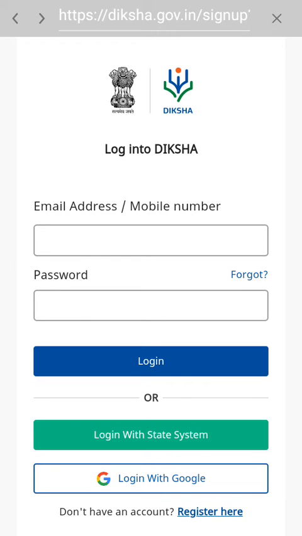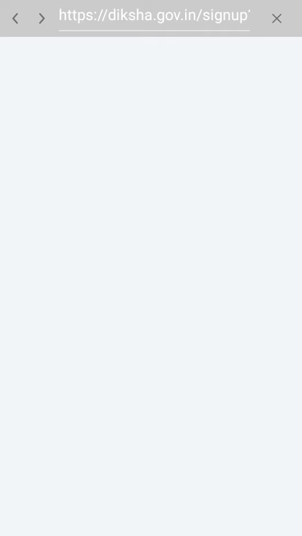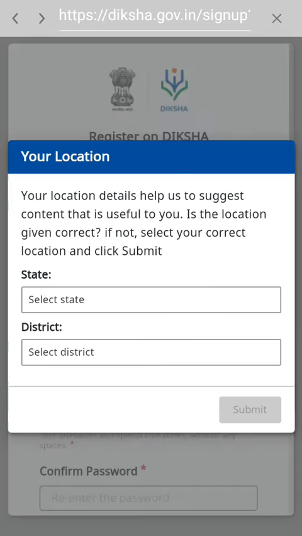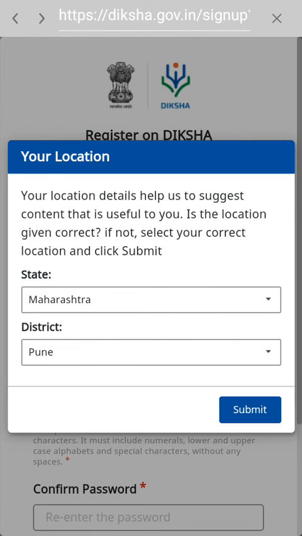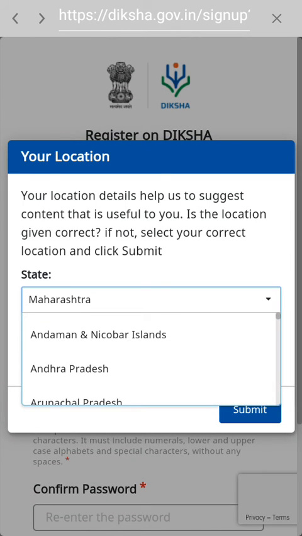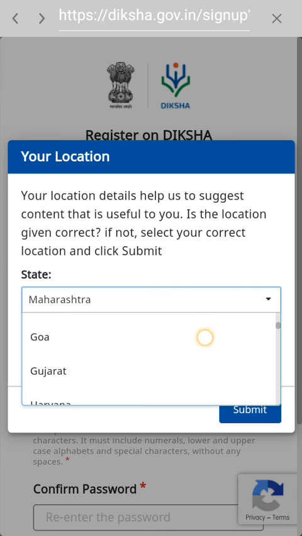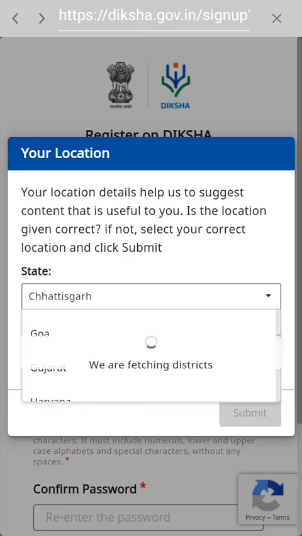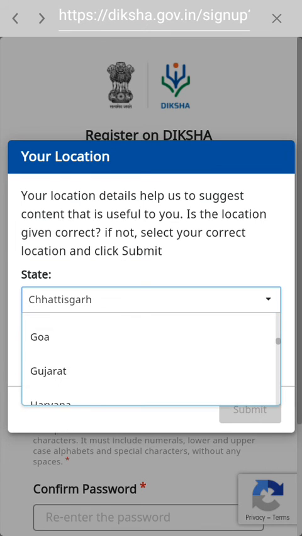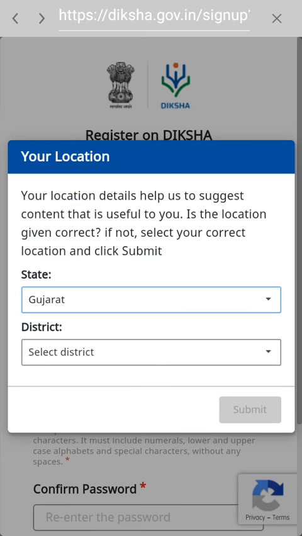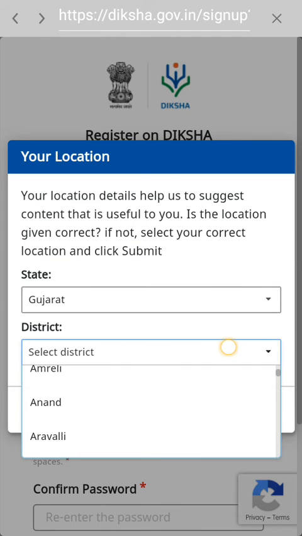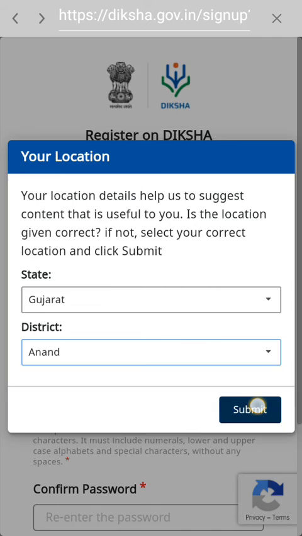Then the option to register will come, and they will ask you some details like location. You can select your location. They are also giving us the option to select the district.